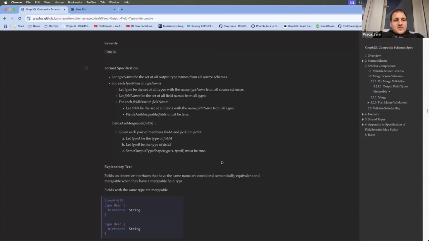So for example, we have several rules that check that the object types are actually mergeable. And they run before the merge. And if we run into an issue in the merge, then it's either a bug or a missing validation rule. So the idea was that we have these checks before, because if you run into an issue in the merge, you have to stop, most likely. Yeah. And that's a problem, because that means you run the composition, then you run into a merge issue, then you fix the merge issue, and then you run the composition again to run into the next merge issue.